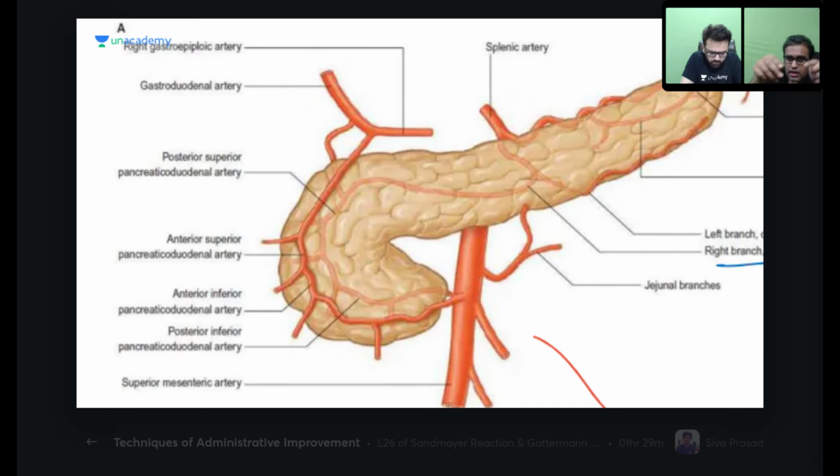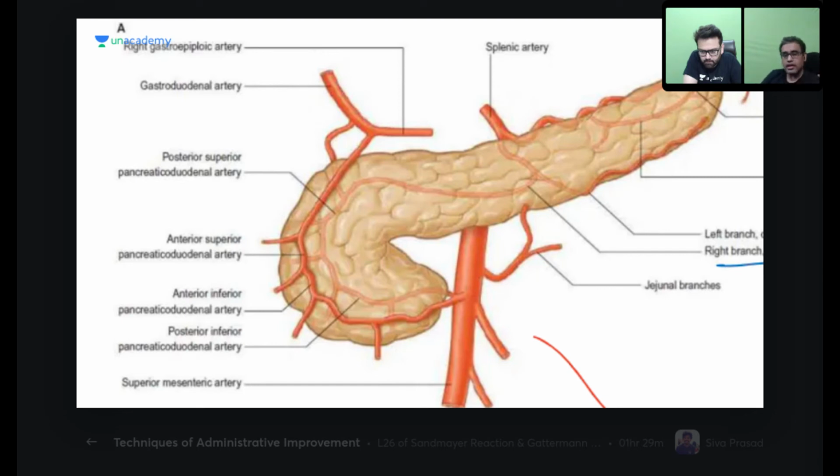Now the dorsal pancreatic artery will give off a right branch. Okay, it will give off a right branch that is going towards the head of pancreas. Yes, anastomotic branches also come to that. So they are going to the right side, that is towards the head of pancreas. So this is a splenic artery, various pancreatic branches, and a dorsal pancreatic artery, which is dividing into right and left branch. The right branch is known as simply right branch. The left branch which is going here, if you can easily see, guys, the left branch is touching the inferior border. Yes or no? I repeat again, splenic artery at the beginning, you can see the dorsal pancreatic, a right one going to the head, a left one touching the inferior border.